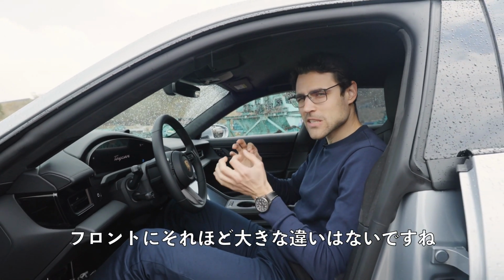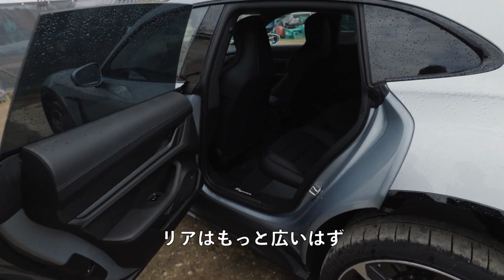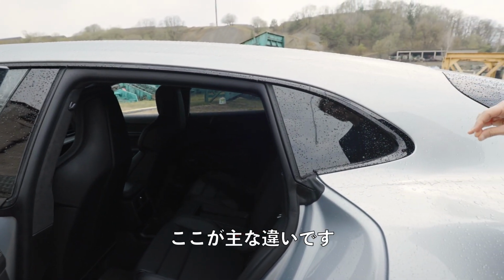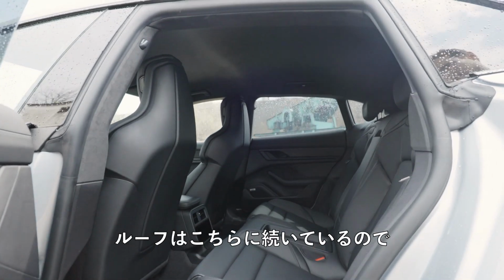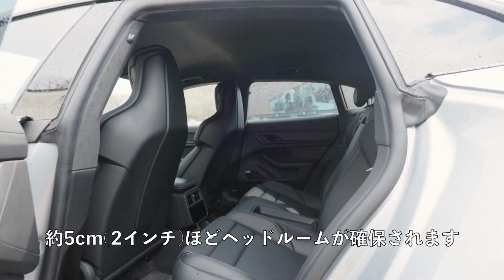So in the front, it's not too big of a difference. However, in the rear, we will gain something because the roof goes a little bit further right here. This is the main difference. So the front part of the vehicle is identical chassis-wise, and then the roof is just continued, and that will bring us around 5 centimeters or 2 inches more